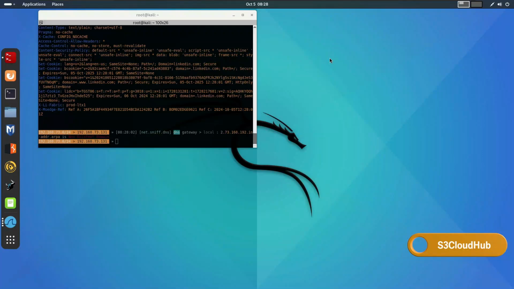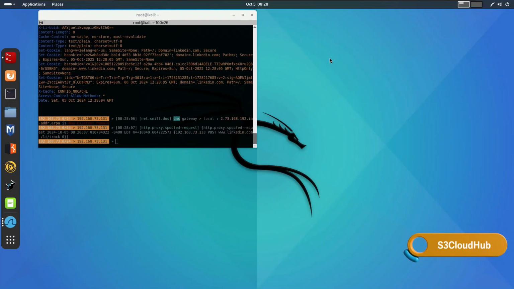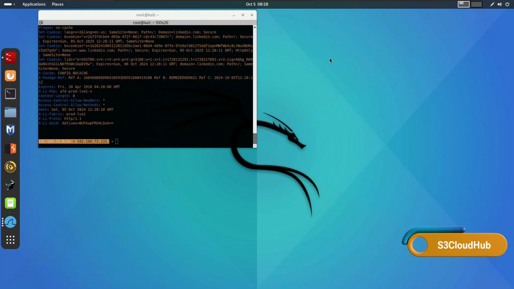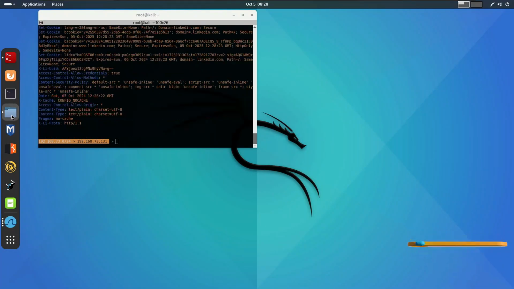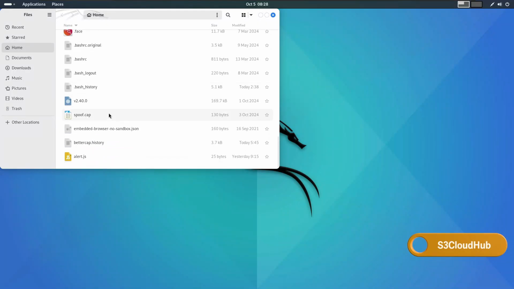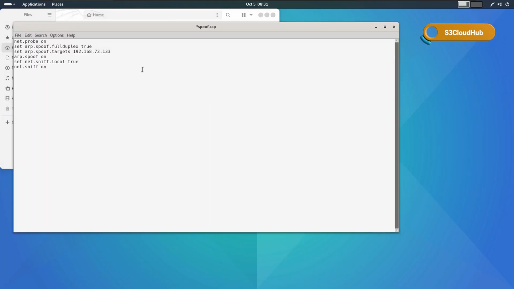and one cool thing you can do with BetterCap is to save all the data it captures into a file. You can do this by modifying the caplet configuration. Open our caplet, locate our caplet file and open it in a text editor. So add the command here and type